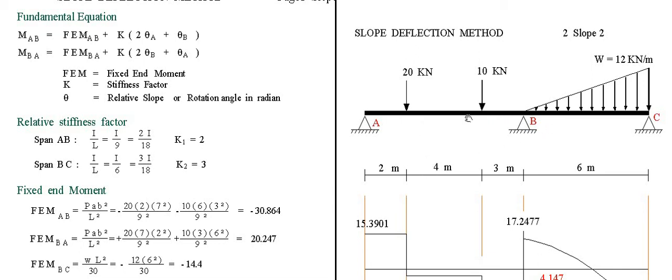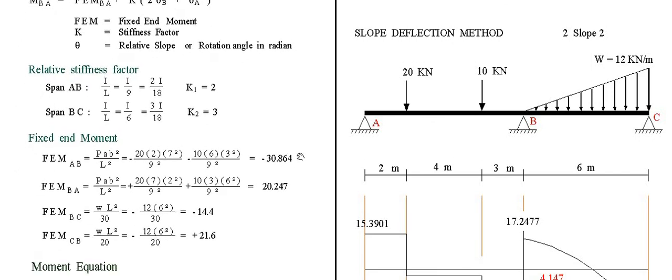We start with the negative, then positive. So the order of the sign is negative here at A, on the left, and at B, positive. Negative, positive, here, negative, positive. We just follow this order. Negative, positive, negative, positive. If we have a long span, same. Negative first, positive, negative, positive.